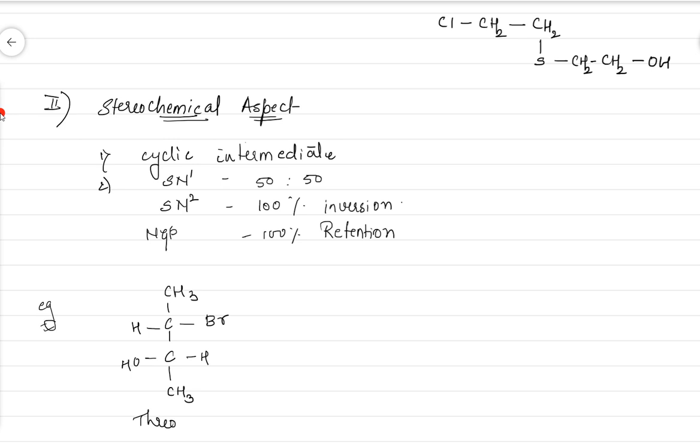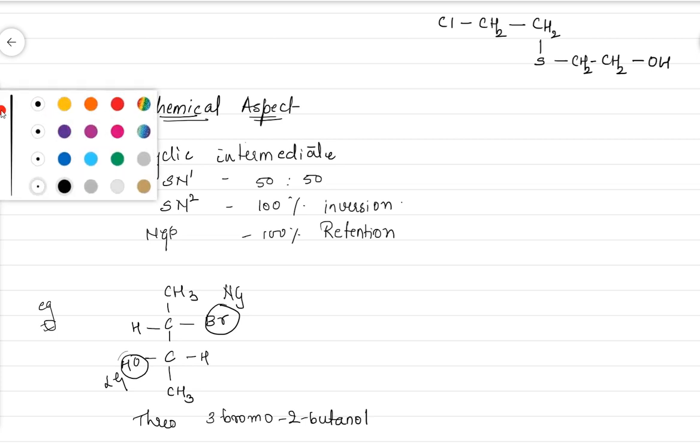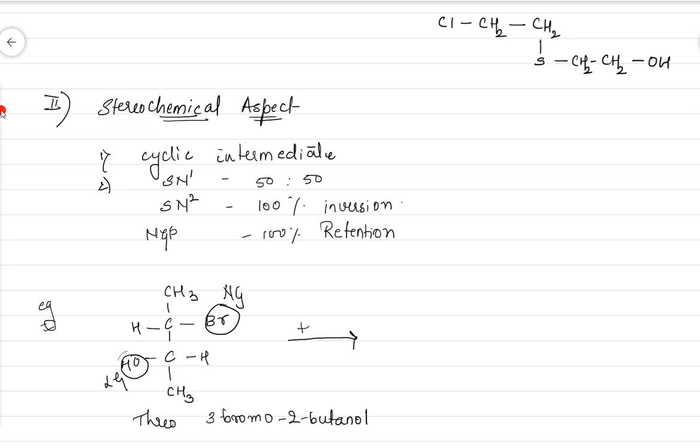What we're talking about is 3-bromo-2-butanol. And what we are going to substitute is this. The OH is your leaving group and the Br is your neighboring group. This is how we are going to carry out the substitution. So what exactly we are going to do is react it with a nucleophile. So Br is your nucleophile. H and OH will be removed as H2O and this Br will attack over here.